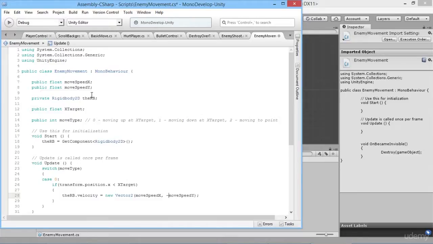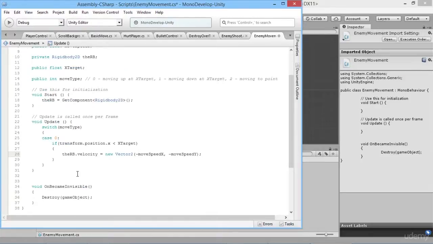And to make sure that we maintain that and that there's no confusion, we want our move speed x to be put in as a positive value as well. So no matter what, we always want to have a minus velocity then. So we'll say minus move speed x and minus move speed y. So if our transform position is below our X target, then we'll start moving down. Otherwise,